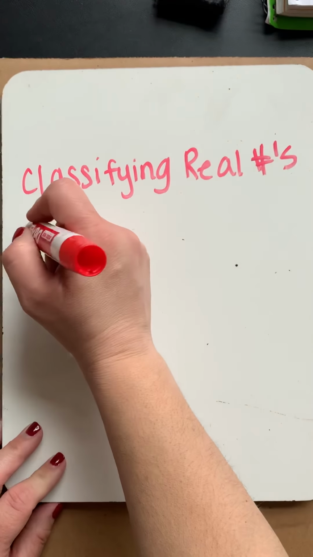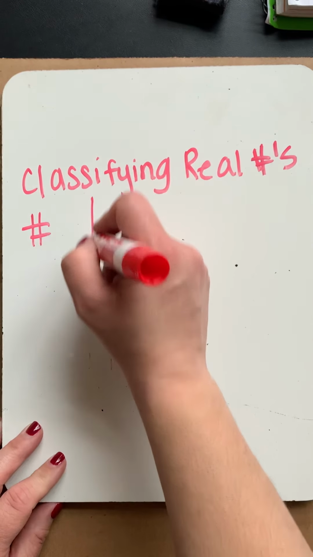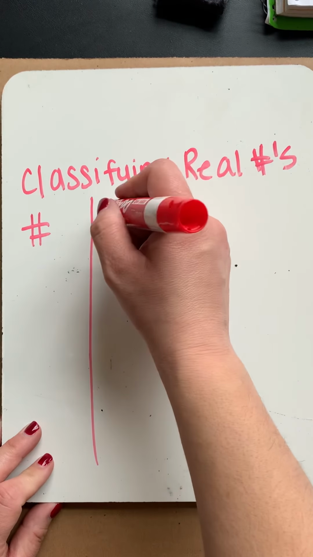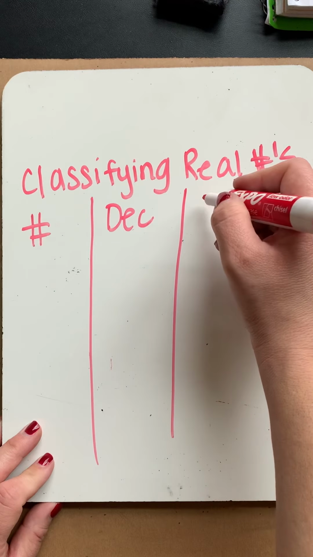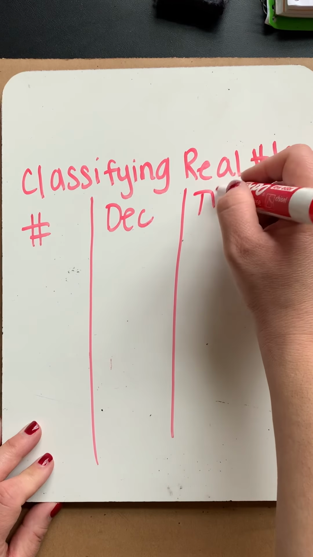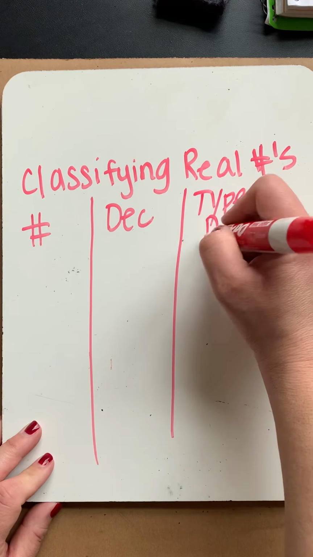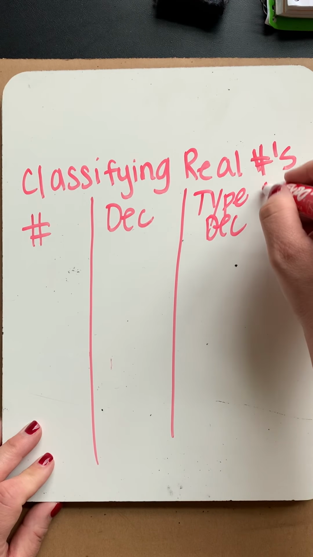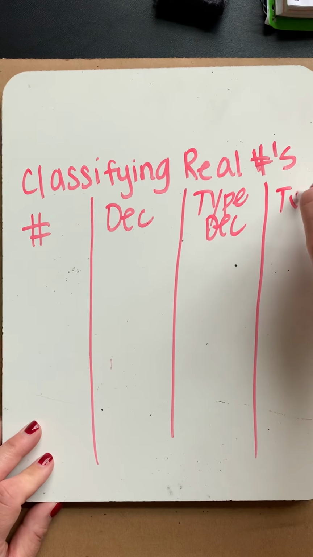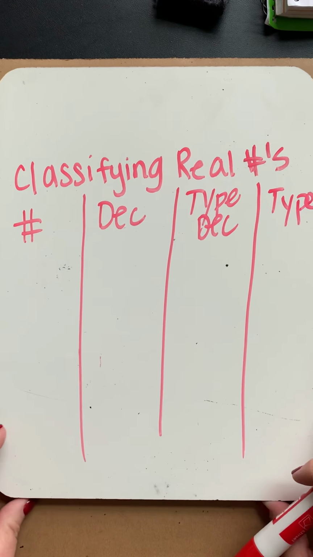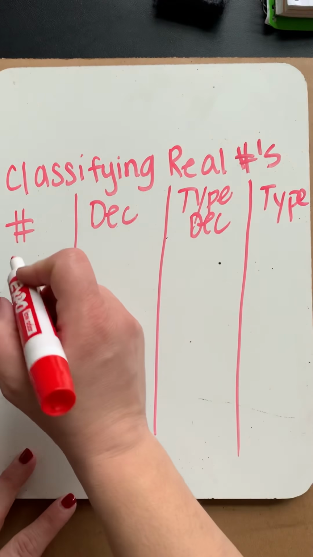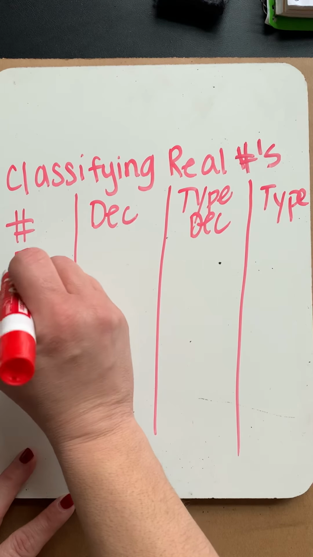We're going to look at each number. So we're going to make some columns here. We're going to look at numbers. We're going to look at them as decimals. We're going to look at them as the type of decimal. And then finally, the type of number we have. So we're going to refer back to this chart. Okay. So if I start off with the number 5/8,